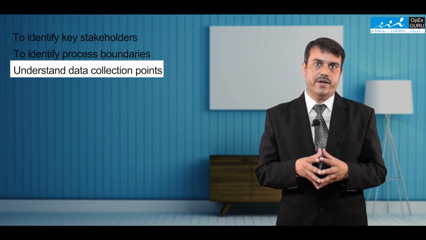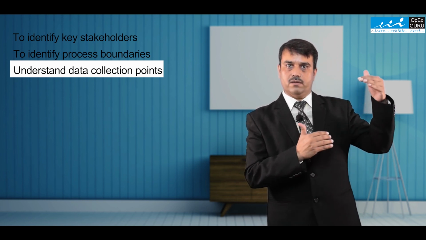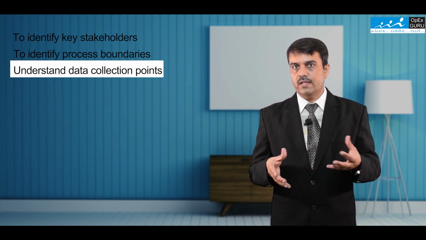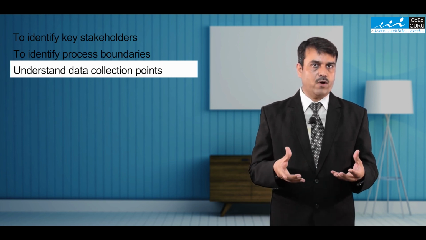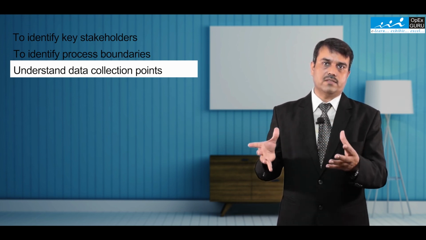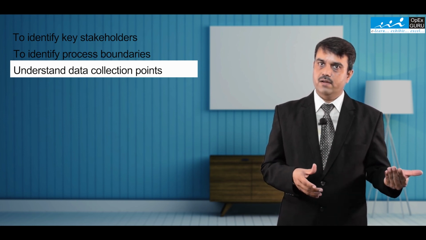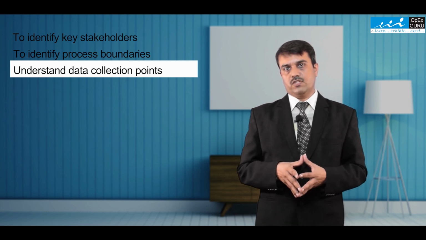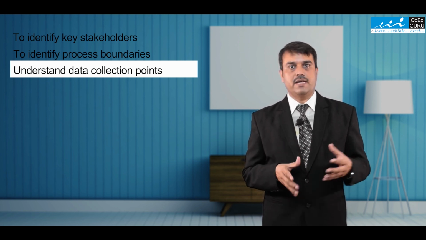So broadly, initially we may need some information like, is the delivery time taken more in the morning zone or in the evening zone? What type of vehicle that we use causes more delivery failures? Shall we collect data according to the mode of transport? What kind of geographic locations are there where it usually takes more time? Do we collect data for different geographic locations? All these things must be clear. So SIPOC map also will help us in identifying these data collection points.